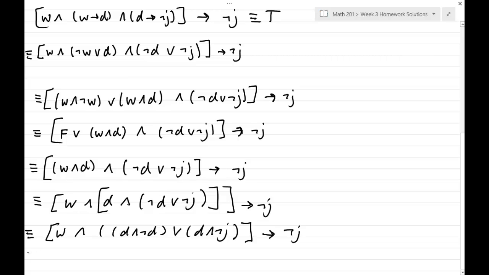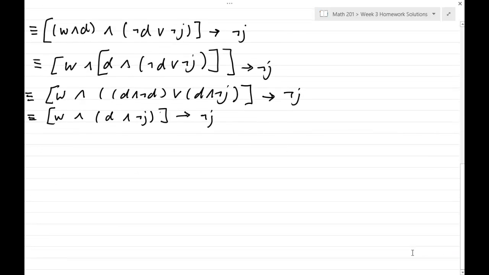So I'm just going to end up with W and D and not J, implies not J. So this is looking good because I know that I can rewrite this implication as the negation of the hypothesis or the conclusion. So that will get me to all ors in the hypothesis. So I'm going to have negation of this hypothesis